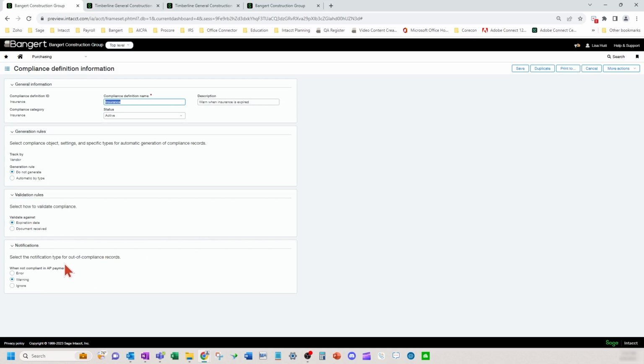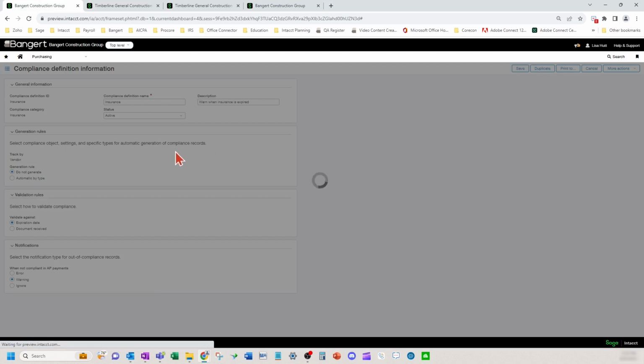And then also, if you're out of compliance, what do you want it to do? Do you want it to have an error and stop you from being able to pay accounts payable payments for that specific vendor? Do you want it to warn you, or do you want it to ignore? So the compliance definitions are set up first, and then you go in and set up your compliance types.